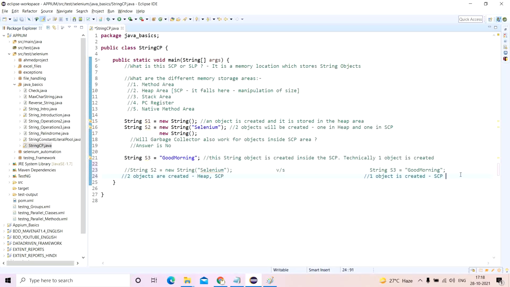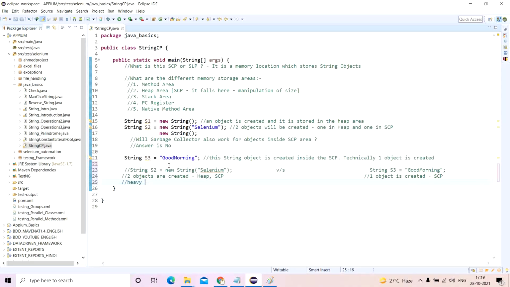Now there is one more thing. I have asked this in an interview as well. This one is heavy because you are creating multiple objects. By writing this statement, you are creating multiple objects in the heap area and SCP area. String classes are most widely used to create objects in automation frameworks.